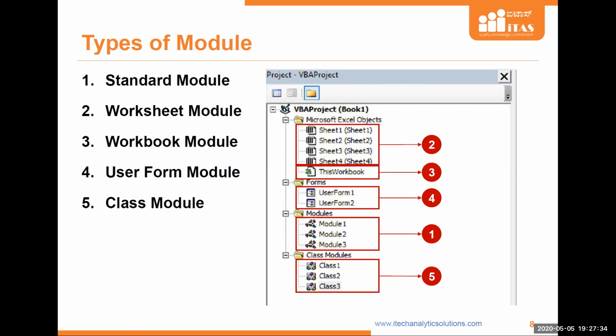What happens when you record a macro? Some code will be recorded in the backend, but you are not writing it. That's all. With a user defined macro that you want to build, you know exactly what instructions you are giving. But that's not the same with the recorded macro.